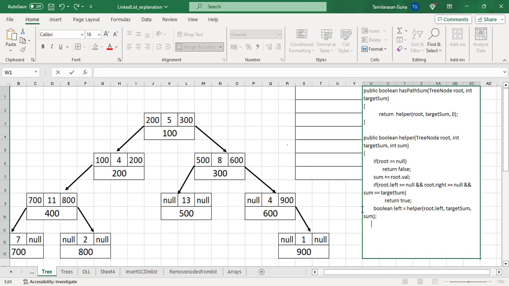Similarly, I have to go for the right child. So to go to the right child, I have to call one more recursion. Boolean right equal to helper root dot right comma target sum comma sum. Fine. Finally, I have to return